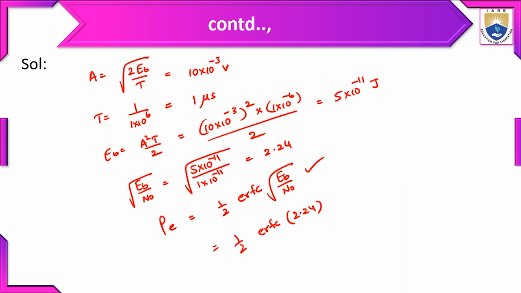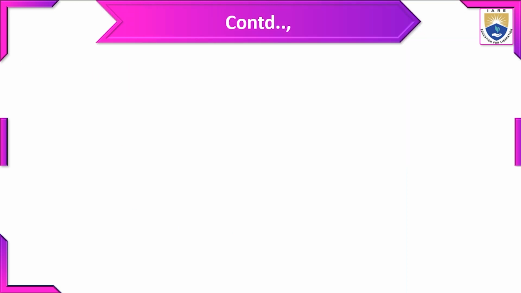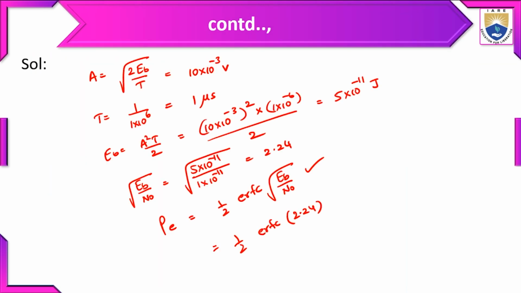2.24. Then its value is equal to... here you have tables, error complementary function tables. So by using the table, you find ERFC of 2.24 as 0.0041. Okay. So here I am going to substitute this value. So probability of error is equal to 1 by 2 into, so here you substitute